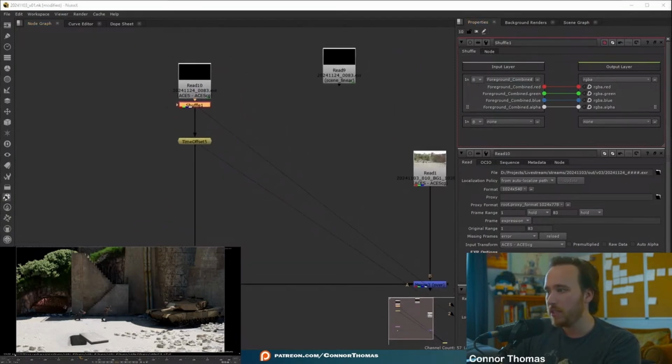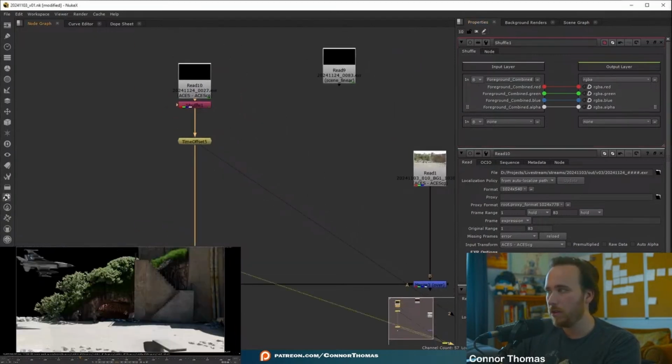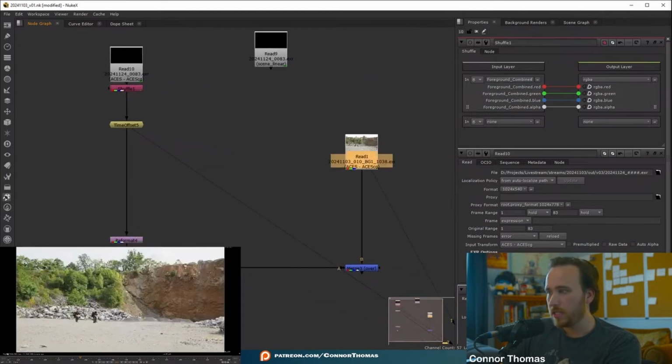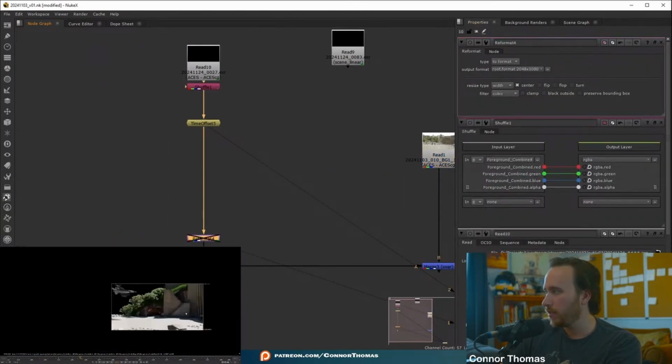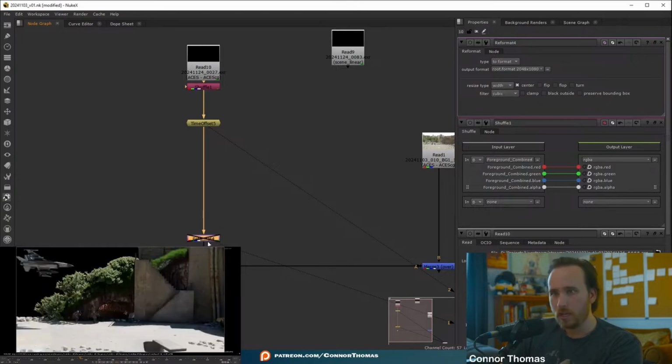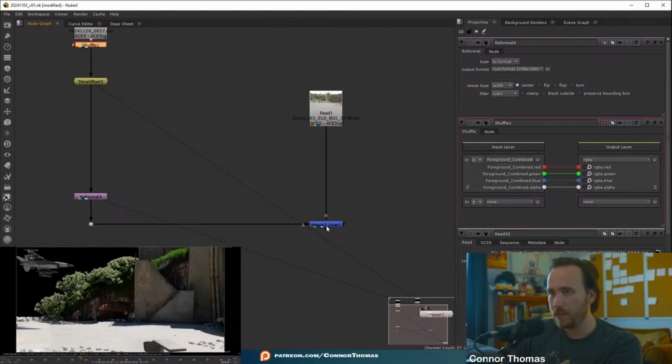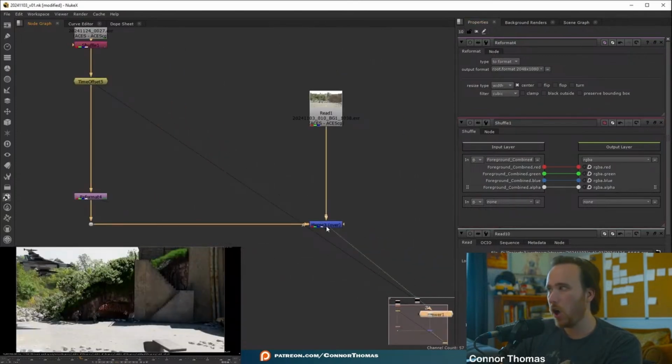And as I mentioned, this is all at half resolution. So we're going to want to reformat this to be our full res, which again, we can set to 2K DCP 2048 by 1080. And we're going to format, let's see, we will then check this. Yep, that's correct. And then now if that's reformatting everything, we will then just merge that over top of our